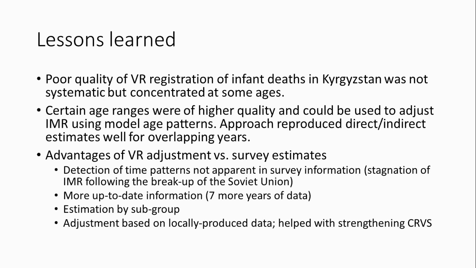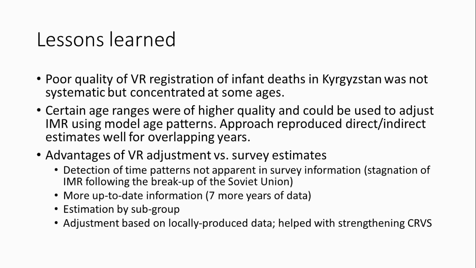The National Statistical Office confronted the data quality issues. The errors could not be ignored, especially when they looked at subgroup data and age-specific data. It's one thing to say the overall level is believable, but then when you see strange patterns, you have to confront this problem. But at the same time, the National Statistical Office was reassured to see that the VR data did not need to be completely discarded, that there was some information that could be taken from it and that was sufficient for an adjustment. And so that was something that I think they felt empowered about.